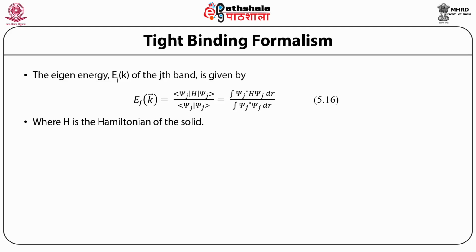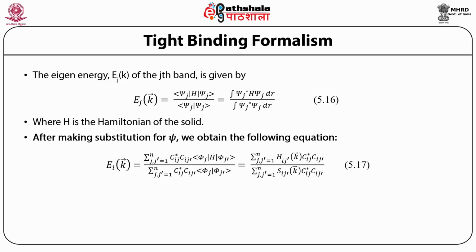After making the substitution for psi, we obtain the following equation: Ei as a function of k vector is equal to summation over j, j prime equal to 1 to n Cij star Cij prime multiplied by phi j h phi j prime, the whole divided by summation over j, j prime equal to 1 till n Cij star Cij prime multiplied by phi j phi j prime, and this is equal to summation over j, j prime equal to 1 to n